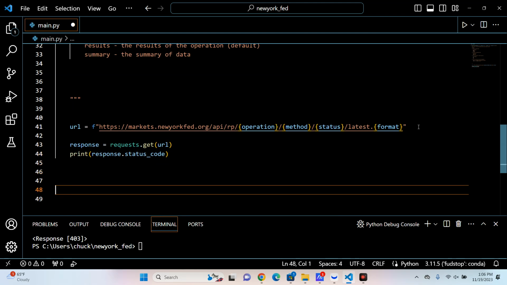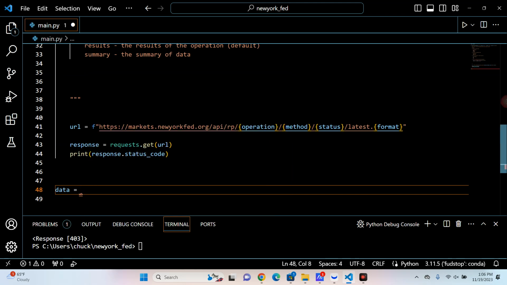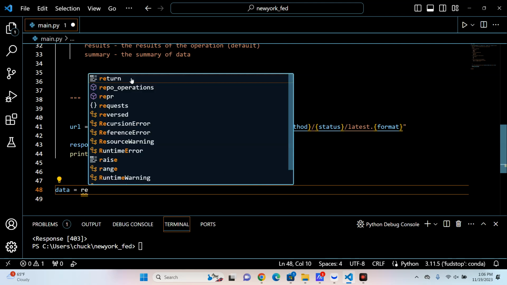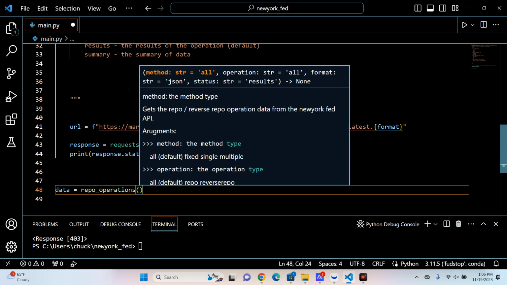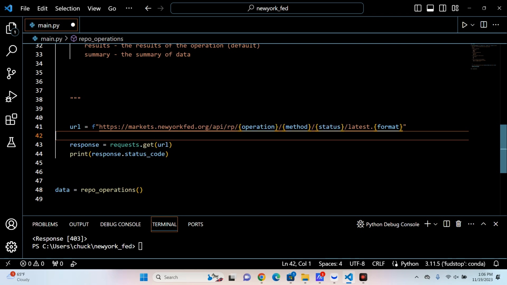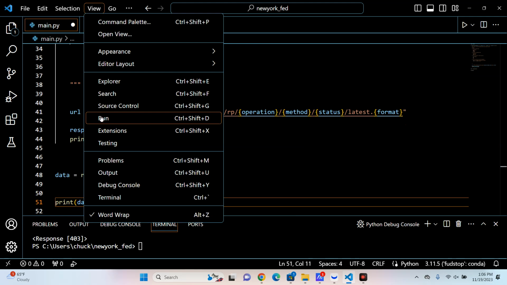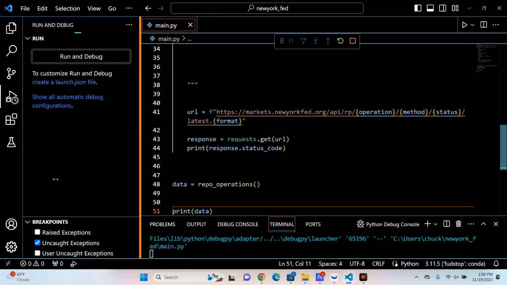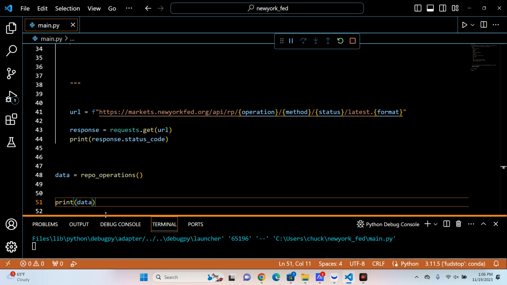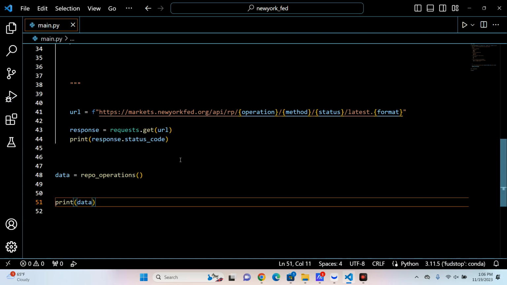And then we're going to call the function down here by doing data equals, what did we name this? Repo operations, and then we're going to pass in, really we don't have to pass in anything. But you see how easily we can look at this doc string now? Very nice. So let's go ahead and run this now. Print data. And let's see what we get back here. We should get a status code of 200. And we get a status code of 200. Perfect. Okay, so now that we know that we're getting data back, what we can go ahead and do is